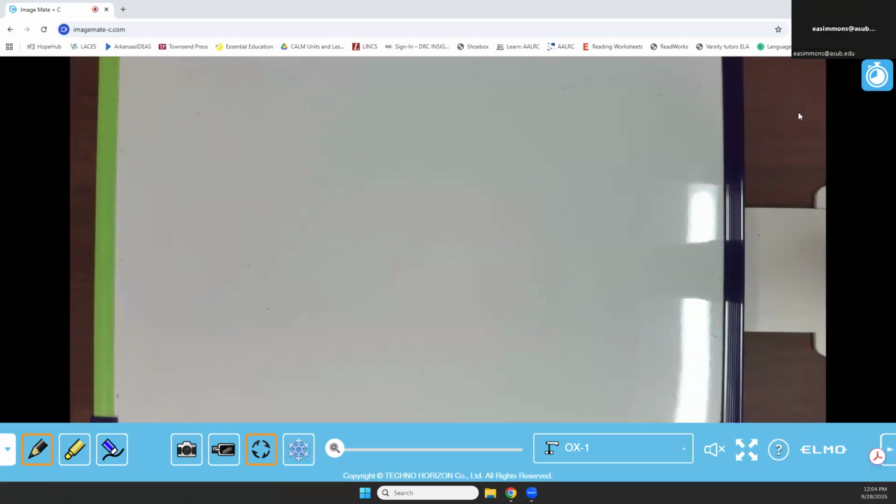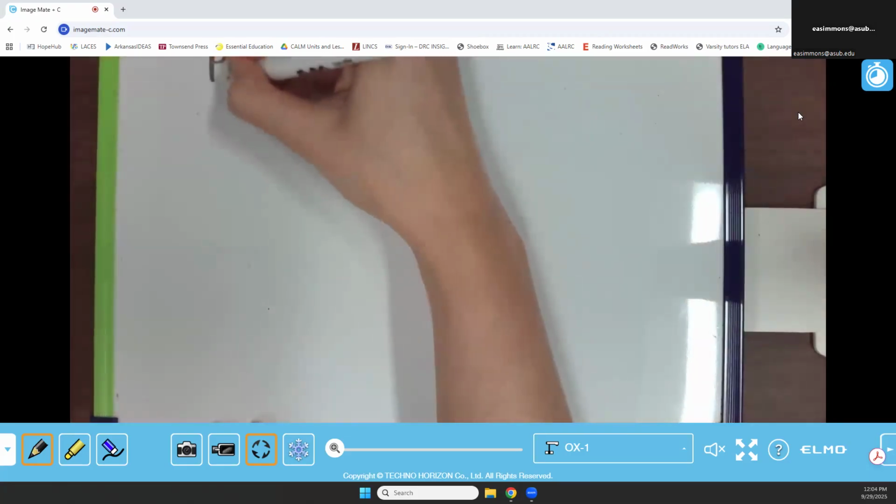All right, for today's Zoom lesson, we're going to go over prime factorization and greatest common factor. So to start with prime factorization,